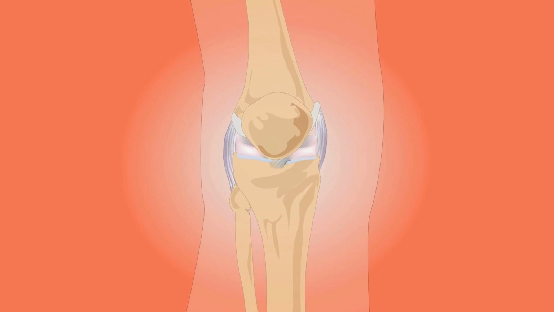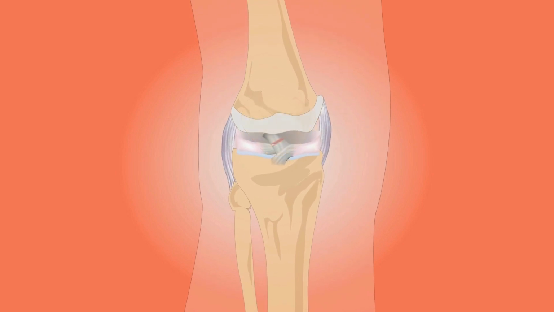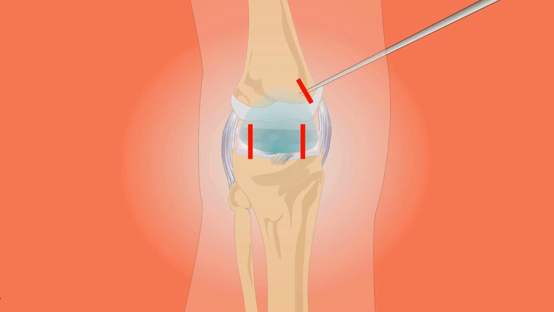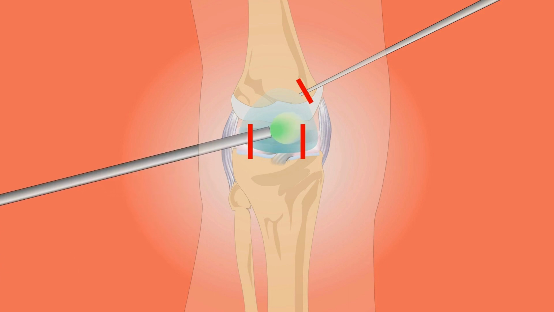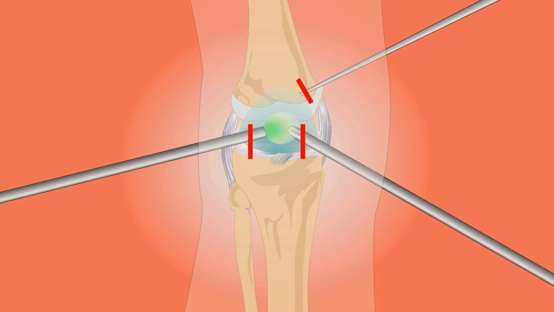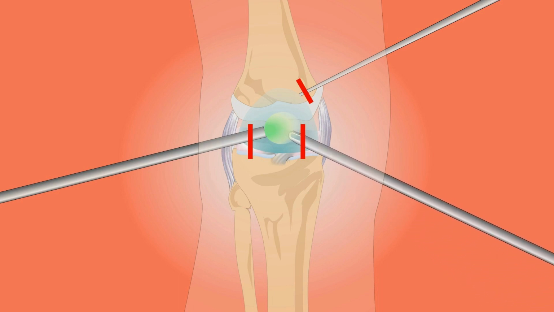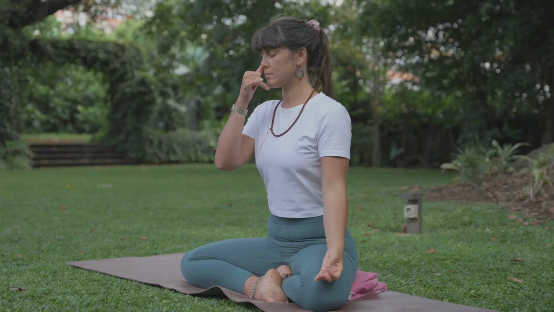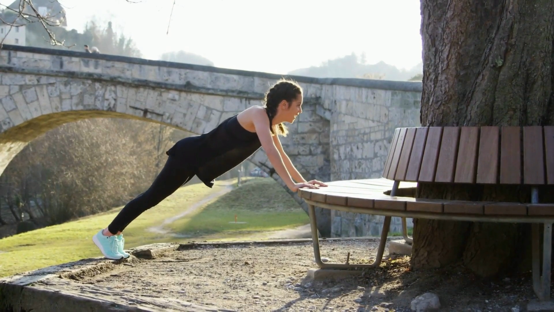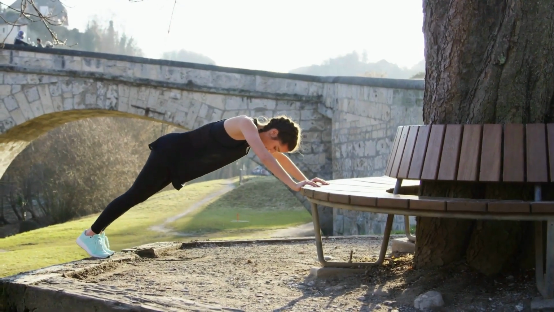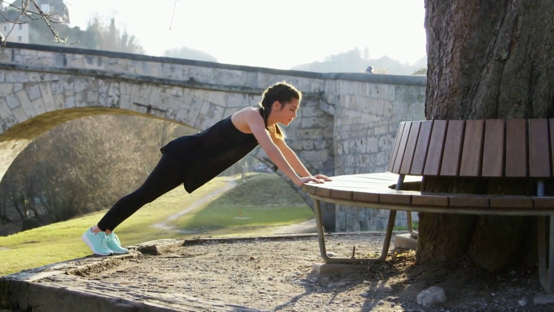Chronic lower back pain is defined as pain that lasts for more than 3 months. It is usually caused by an underlying medical condition, such as arthritis or degenerative disc disease. Symptoms of chronic lower back pain may include pain, stiffness, and limited range of motion. Treatment for chronic lower back pain may include a combination of physical therapy, medication, and lifestyle changes such as weight loss, exercise, and improving posture.